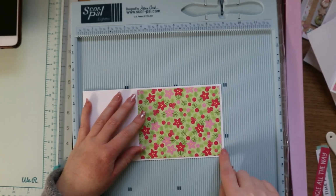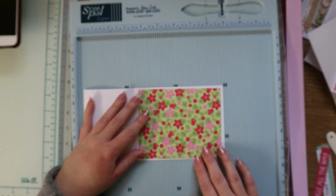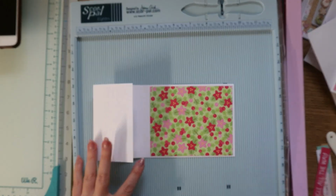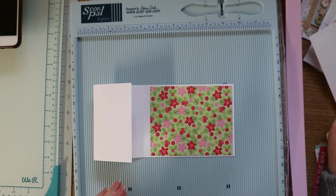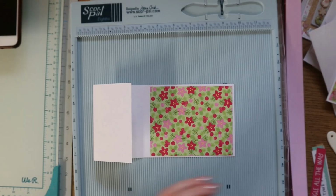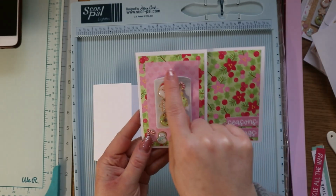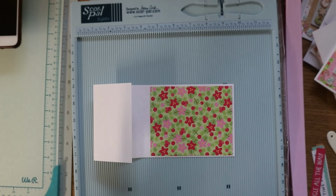So you would just do something like that, depending on how you want your border to look. And then you need the outside mats. So there's a 2 3/4 by 4, which is this mat in the background. And of course, you don't have to even do it like this. This is just